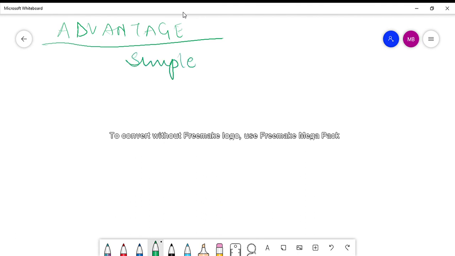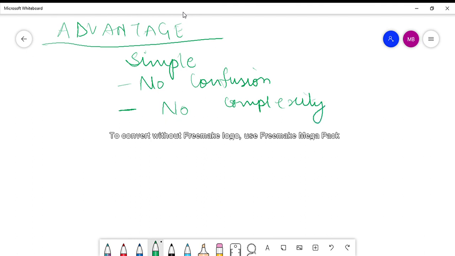You are simply passing the values, so there is no confusion. You know which value is being passed to which variable, and there is no complexity. So this is the advantage of using the call by value method.